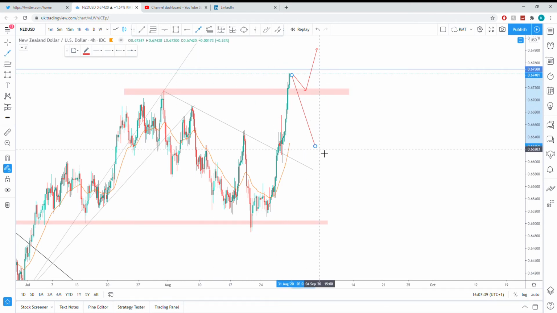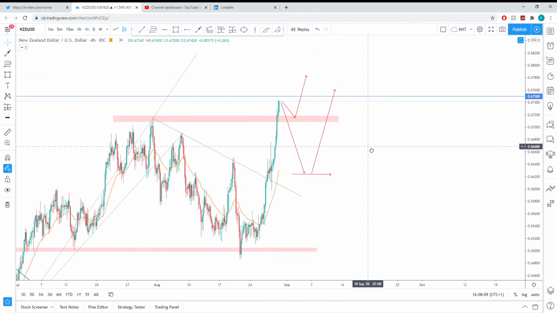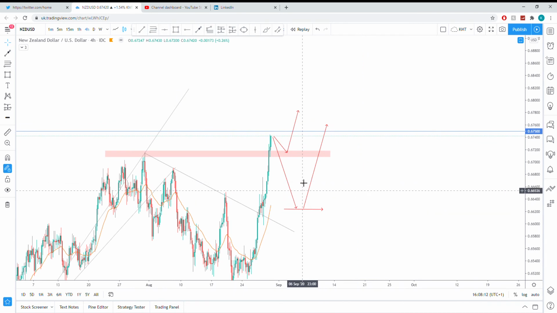Wait for the possibility of price to find a rejection level within this range here. Don't want to say too much in terms of an exact level just yet because we need to wait for one of the two scenarios to happen. Of course, I'll provide a bit more update analysis in the trading group that you can join. But again, for now, we could be looking at a price range here where we could find a level of support. Pretty much want to see stalling of price, failure to push to the downside, and then we could look for buys. So in terms of my target, I do see this pushing a lot higher,